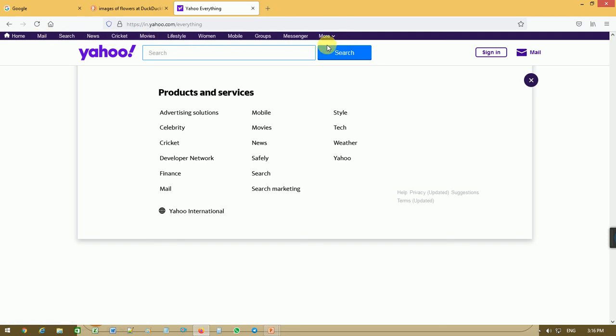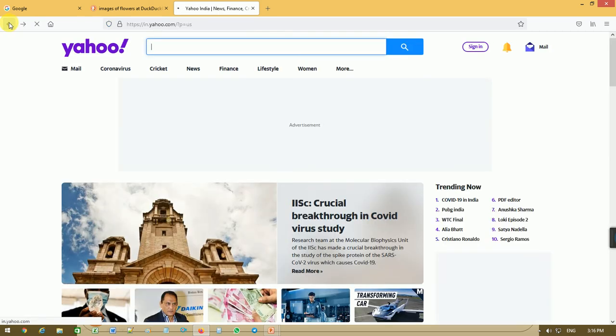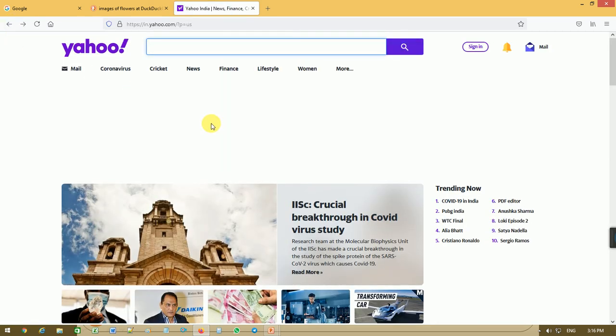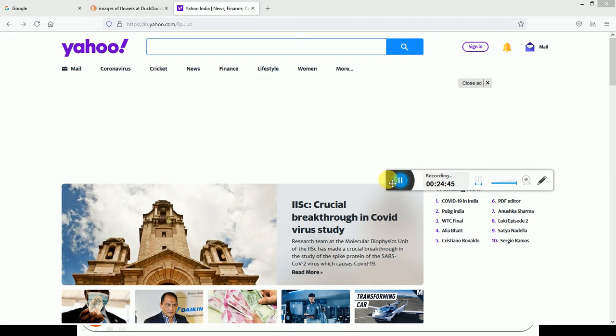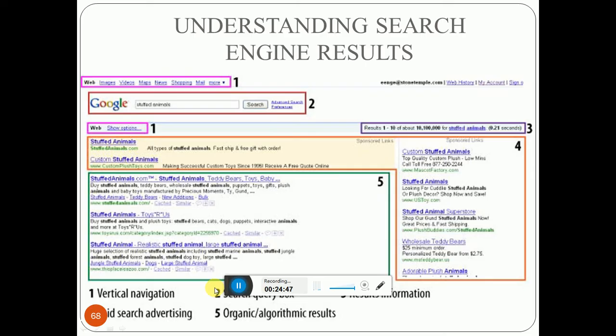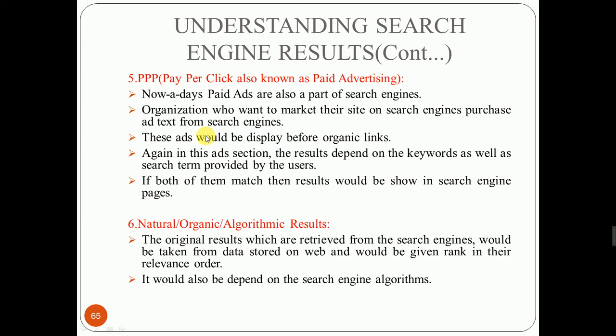Yahoo is also providing so many, whatever the search engine is, they give you vertical search results. So every search engine has its own capabilities and its own sections. We have seen three types of search engine: first is Google, second is DuckDuckGo, and third is Yahoo.